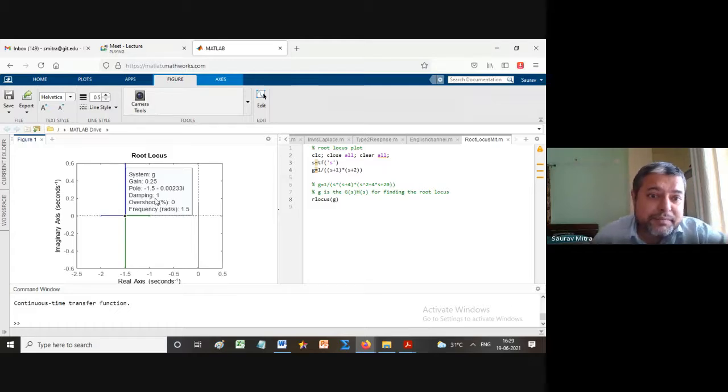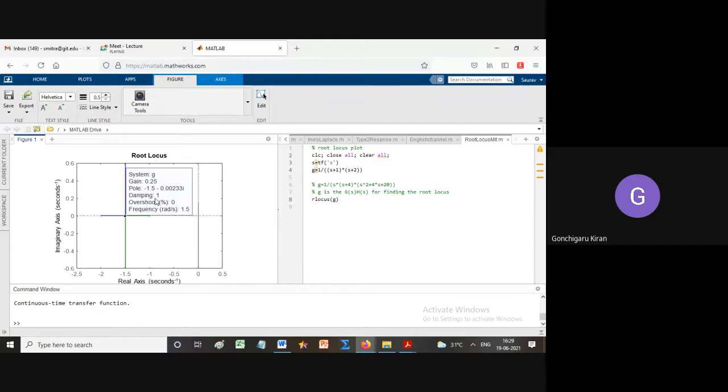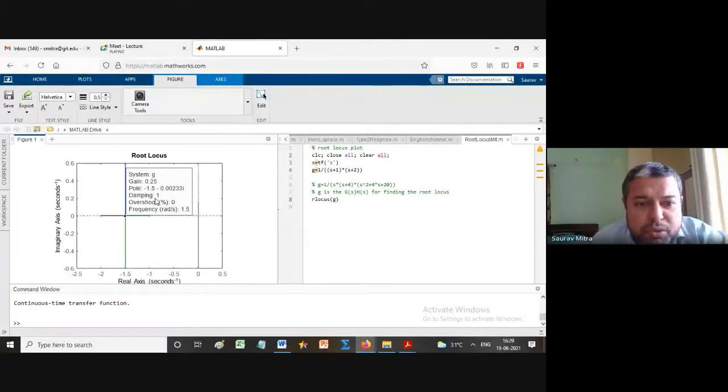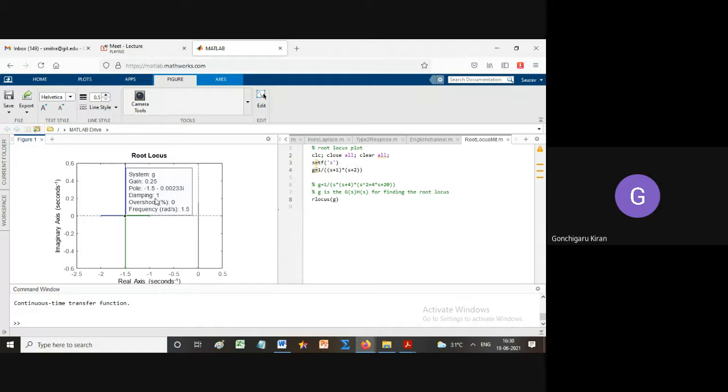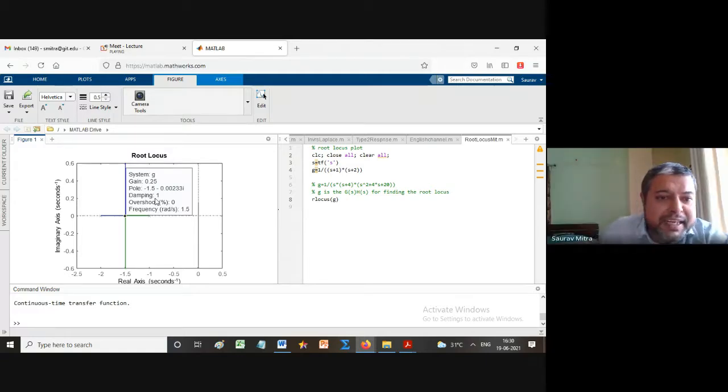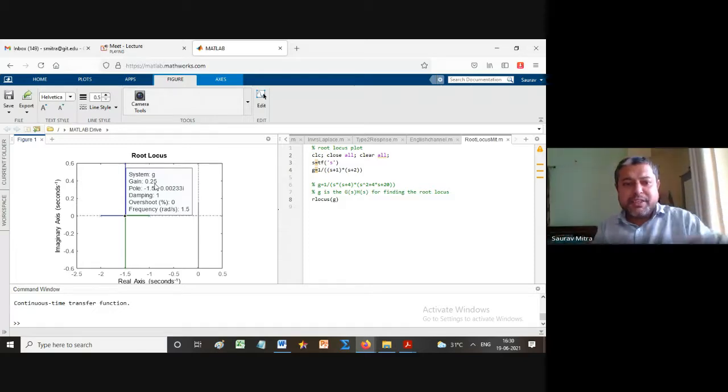ये दिख रहा है? किरण है क्या? Kiran is not there. Mohit? Sir, I am there, sir. So can you see that damping is equal to 1? Yes, sir. Yeah, that means this is critical damping. And gain is equal to 0.25. This also we had found last day. Yesterday we had found K critical is equal to 0.25. So अभी जितना सारा numerical दिया है, whatever numerical we have solved so far, वो सब numerical इसमें करके देखो. Exactly, you will be able to understand.